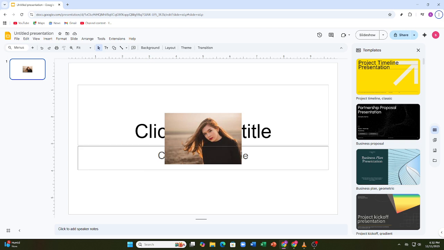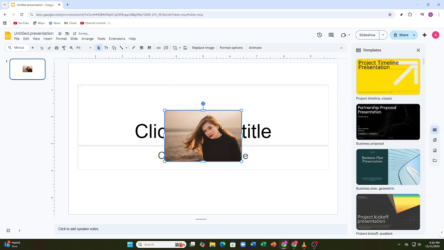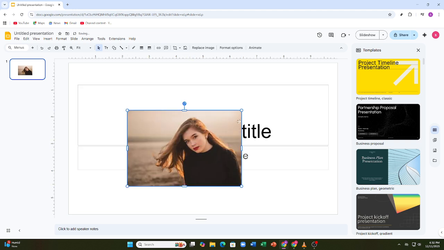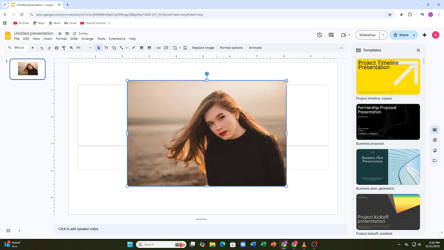Hey everyone! In this guide, I'm going to show you how to make a background image transparent in Google Slides using the full 2026 setup. This is a really useful trick when you want a soft photo behind your text or a subtle design that